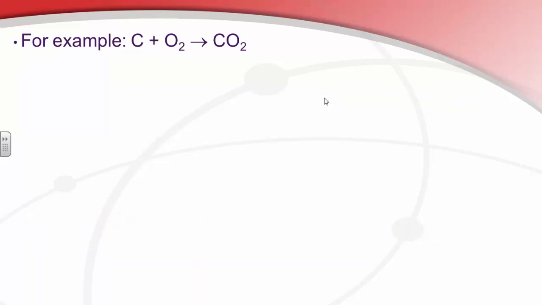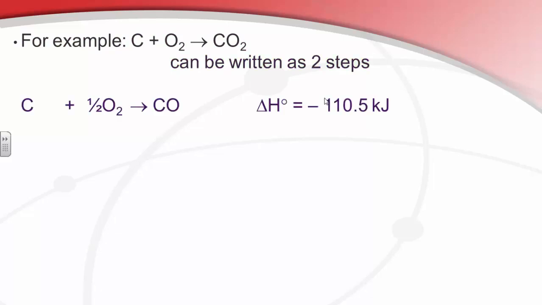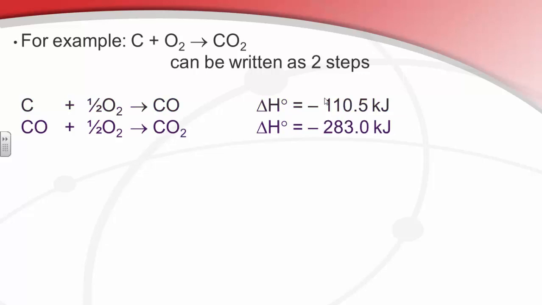So let's say that we wanted to know the energetics of the oxidation of carbon, but we had only the energetics of oxidation of carbon to carbon monoxide and oxidation of carbon monoxide to CO2. In other words, the only reference equations we have are the two-step path to get to carbon dioxide. If we have this situation,